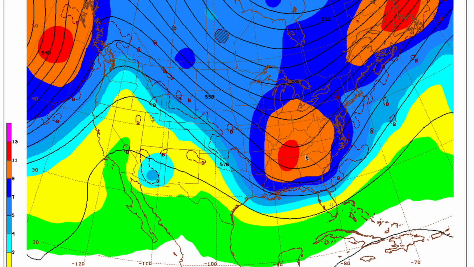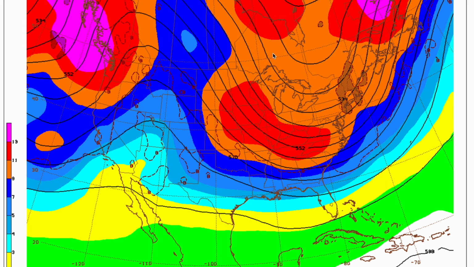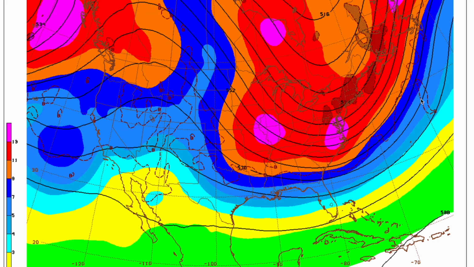We have a pretty decent sized trough for this far out in time. So either models are hinting that there's something that's going to occur along the eastern part of the United States with a mean ridge out west, but this is fairly progressive for the wavelength here. Then as we go further into that weekend right before Christmas, you can see that either a mean trough sets up, which means that there are going to be multiple